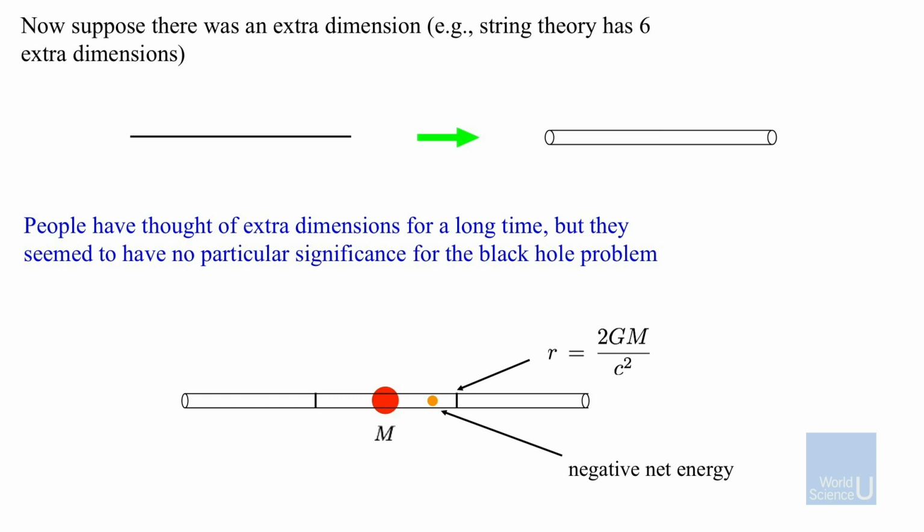And up to this point, people were, of course, aware of compact dimensions for a long time, so they didn't do anything with this. Looked like something pretty irrelevant, because the compact circle would be something like Planck size. This whole structure of the black hole is like several kilometers. So who cares? You still put a mass in the middle. There'll still be this horizon on the 2 sides. And if you come in here, you should have negative energy. People thought the compact dimensions really made no difference.